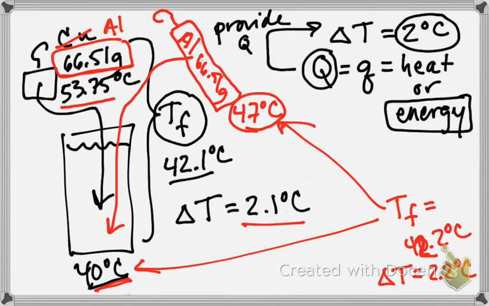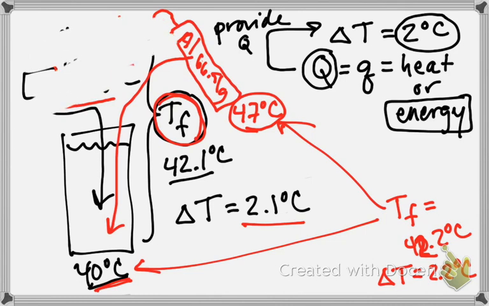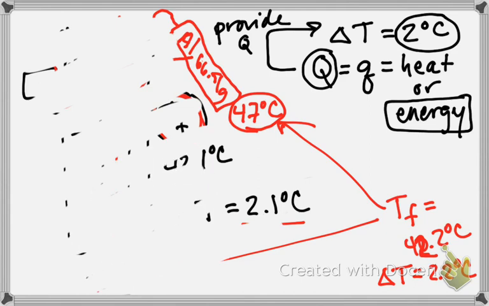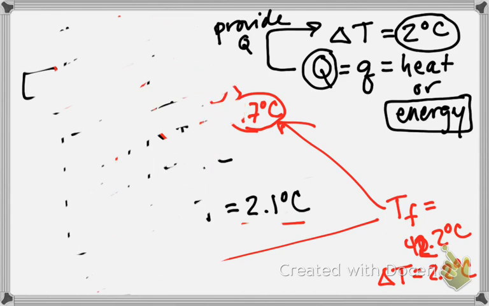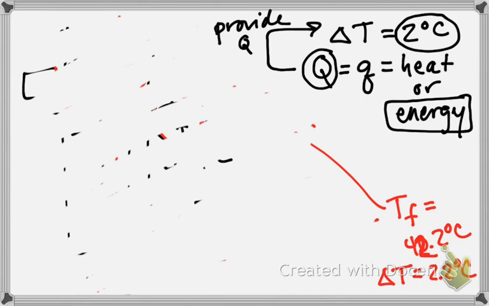So that aluminum's going to cool down, the water's going to warm up, they're going to settle at the same final temperature. That's that key point of when you put two things together, they're going to settle at the same final temperature point. We got to think about what that looks like on the molecular level, on the particle level. But that's kind of what we're playing around with. So if I clear this stuff away. So what I want you guys to be thinking about, and you've probably, if you've been doing the reading that was assigned on this